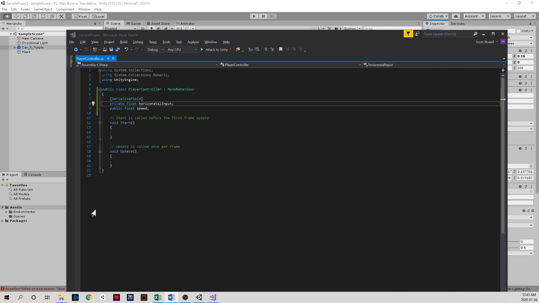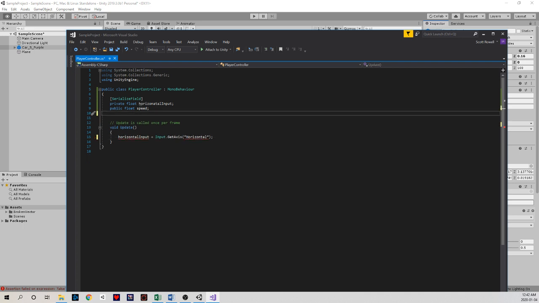In my update method, I want to be able to set my horizontal input to something. I'm going to get rid of this start. We don't need anything here. And I spelled horizontal wrong. So let's make sure that these variables have the same name. Horizontal input equals